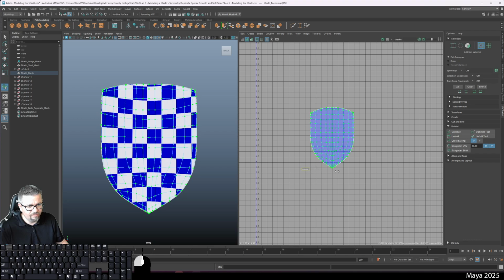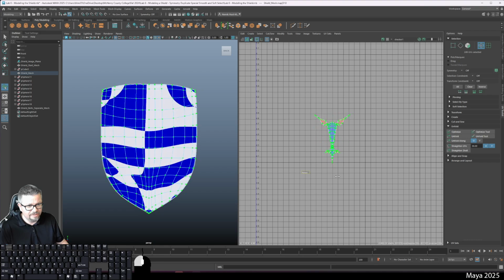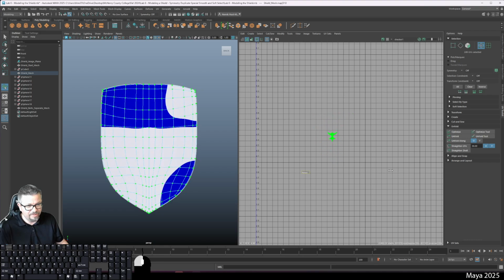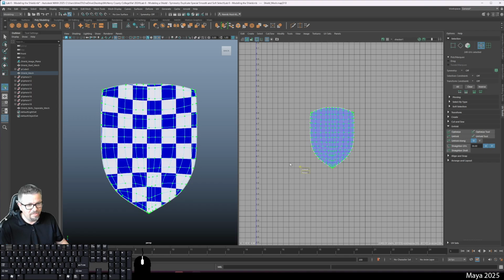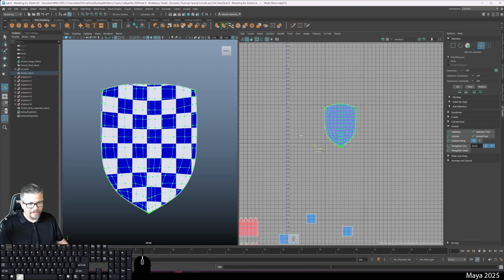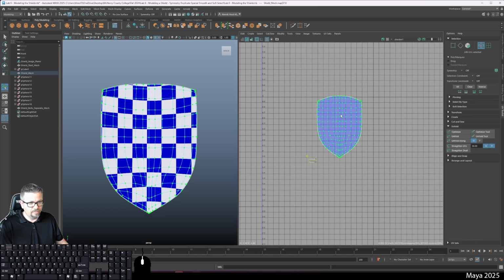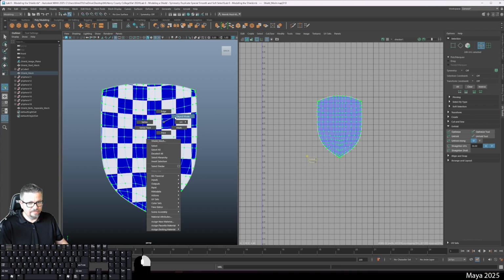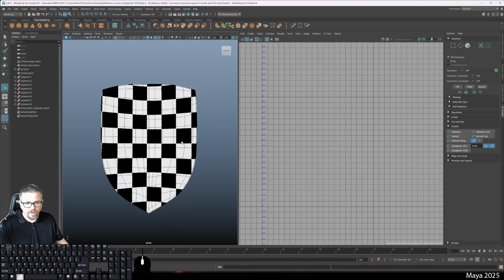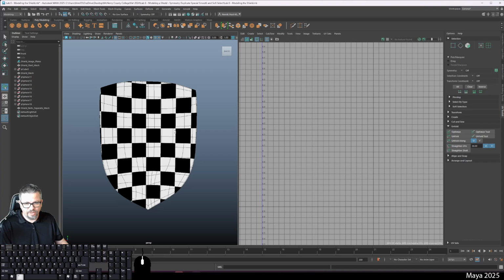Now this is totally unfolded. It can't go anymore. You can also relax, and you're not going to really need, you see how it kind of crumples it up like a piece of paper. We're not going to worry about it right now, but that's another way to unfold. And it's super useful. But once it reaches its peak, it won't unfold any more than it can. So now you can see I've got my checkerboard here, looking much cleaner in terms of proportions on